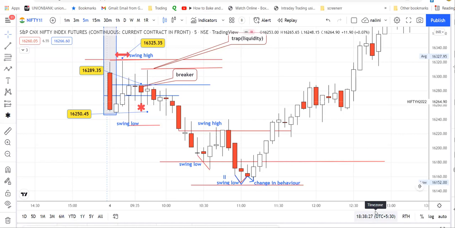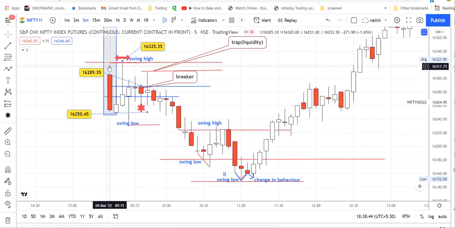I always wanted to share something new with you people. See how to identify whether to go long or not. For example, the market today gapped down and made a low, opened here, made a high and made a low. Now within the 5 minute candle, this was the thing that happened.